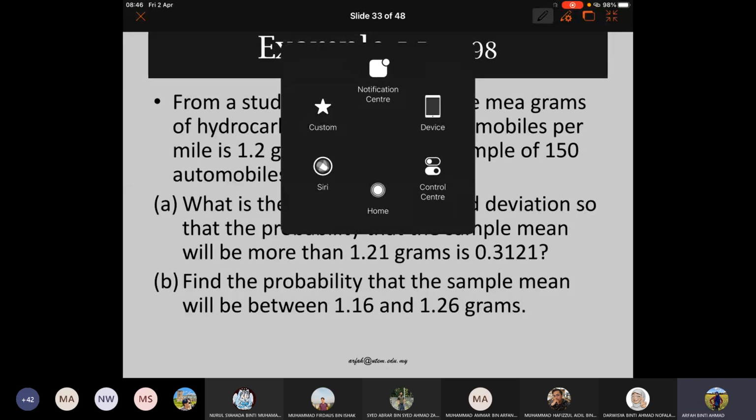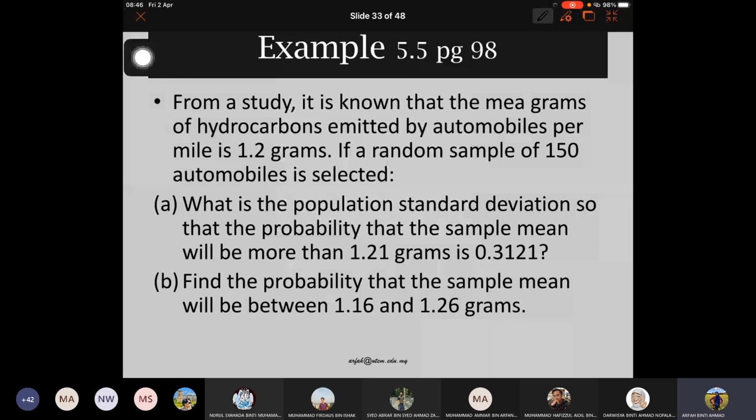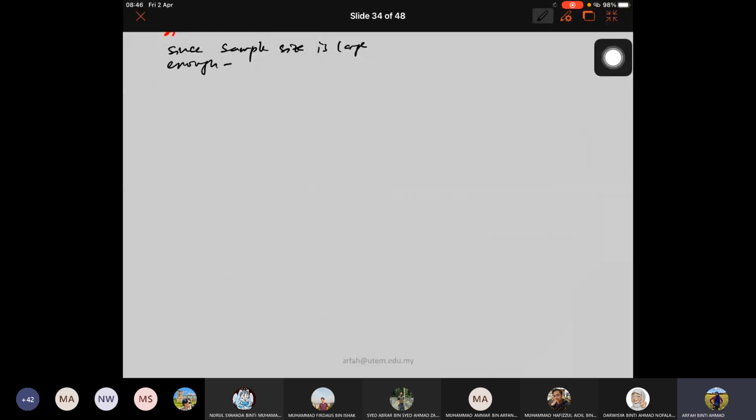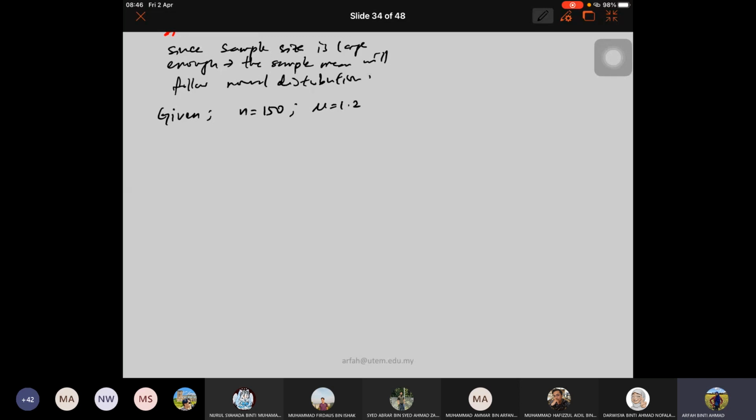Is large enough, okay. So the sample mean will follow normal distribution. Okay. So from the question, given N sama dengan 150, mu sama dengan 1.2 gram. Okay. So soalan A, what is the probability that